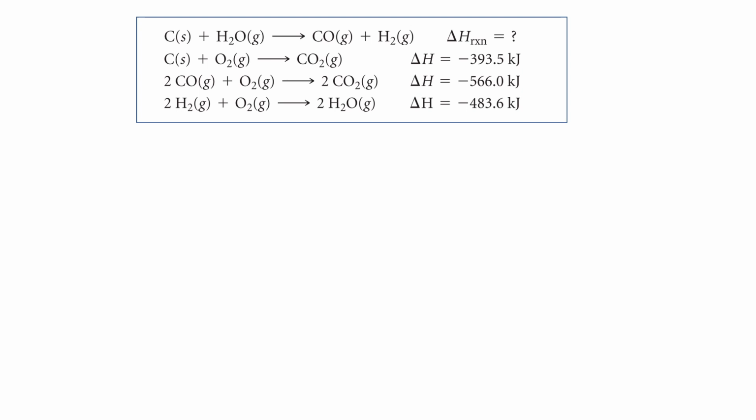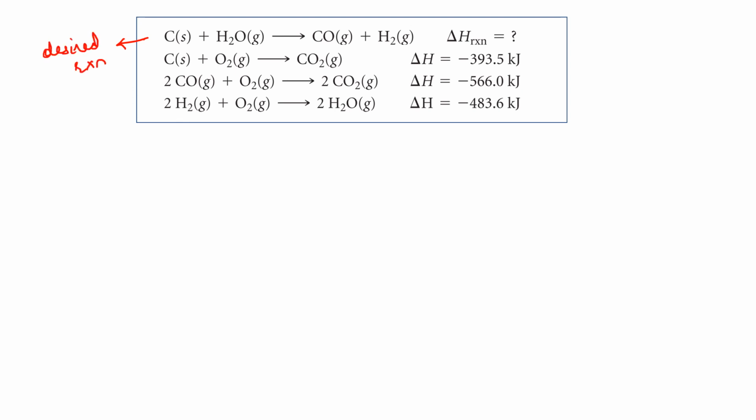Now let's see an example for this Hess's law. In this question, I'll also be telling you the method or the trick to solve the Hess's law numericals. In this question, this reaction is given for which we need to calculate the delta H. There are three reactions given for which the enthalpy changes are already given. So we need to apply Hess's law and calculate the delta H reaction for this reaction. Now we will call this reaction the desired reaction.